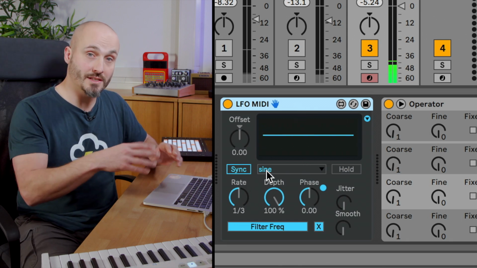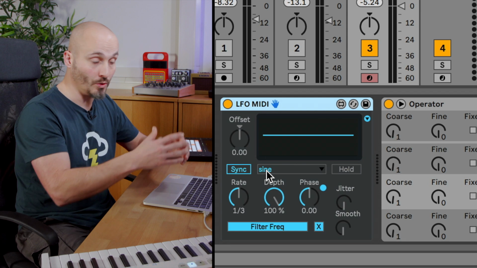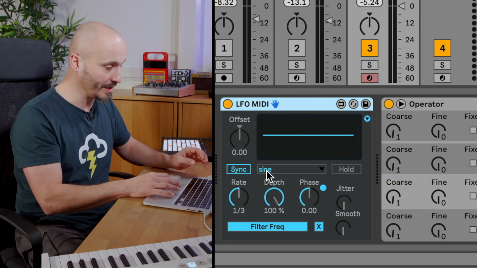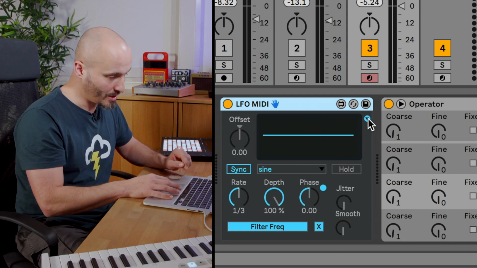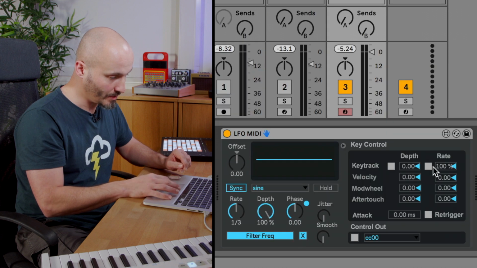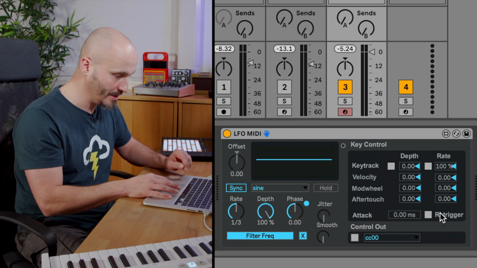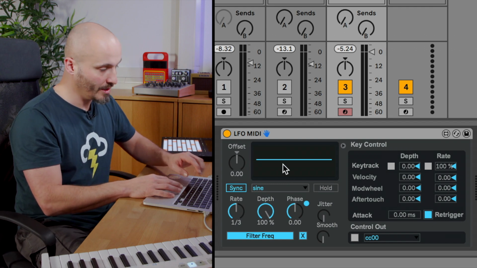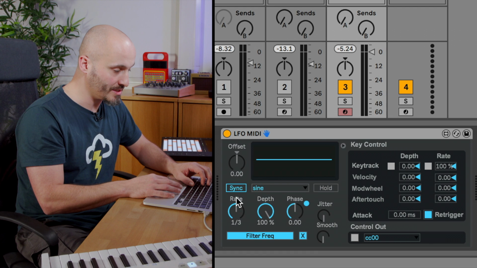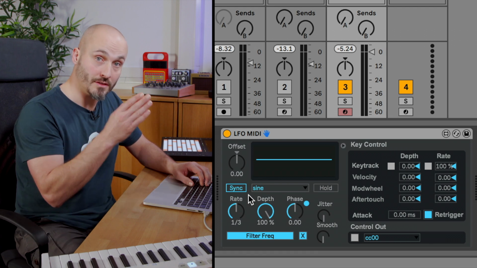Okay, so at the moment that's synchronized, that's running off the actual transport or the playback and tempo of Ableton Live. What I can do instead though is open up this little show button, which allows me to tell the LFO to be triggered by MIDI instead. So if I choose re-trigger, you'll notice the shape of the LFO will instead restart when the two walking notes